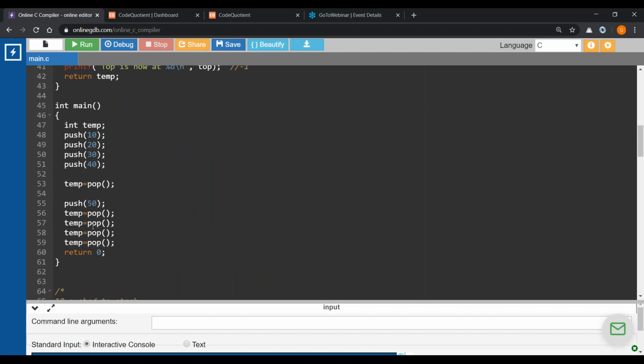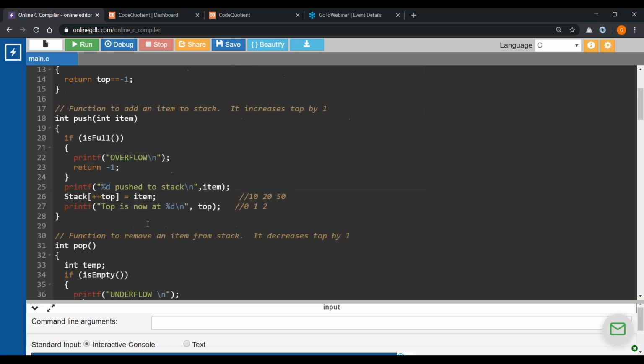So what we learned in this particular example was how to use push and pop operations by taking help of the logic for is full and is empty. So let me just run the program for you.